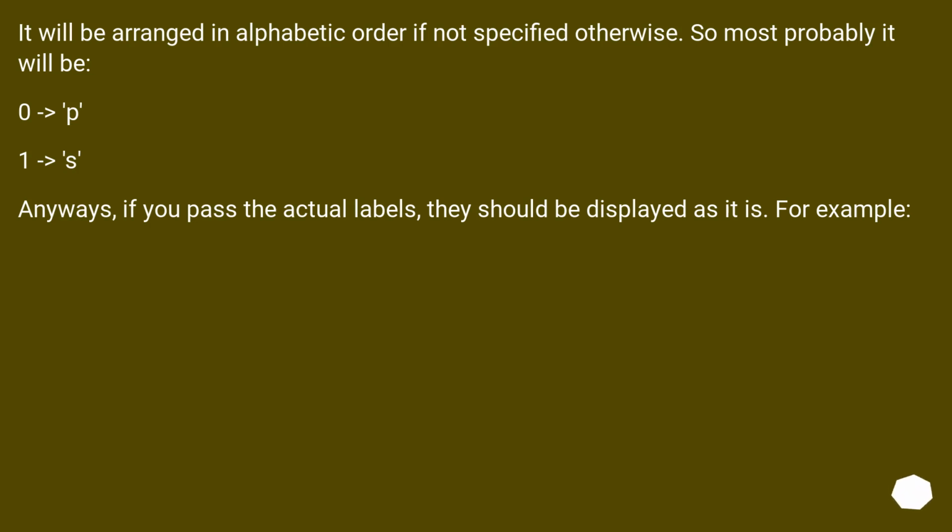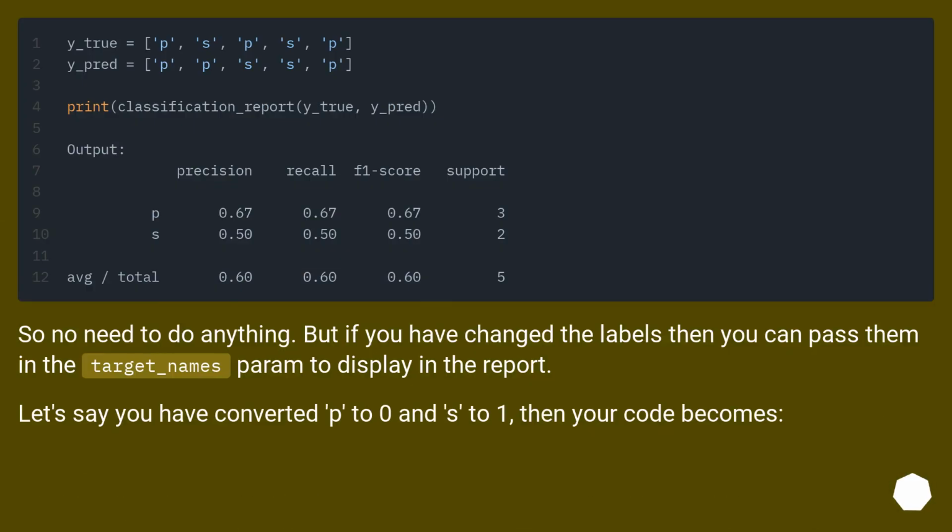Anyways, if you pass the actual labels, they should be displayed as they are. For example, so no need to do anything. But if you have changed the labels, then you can pass them in the target_names param to display in the report. Let's say you have converted P to 0 and S to 1, then your code becomes